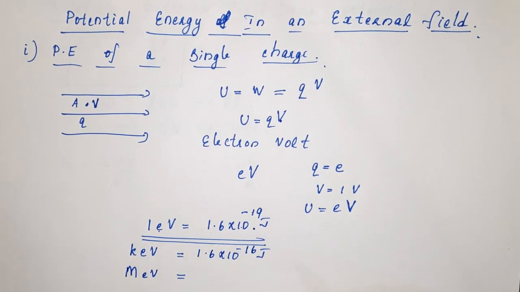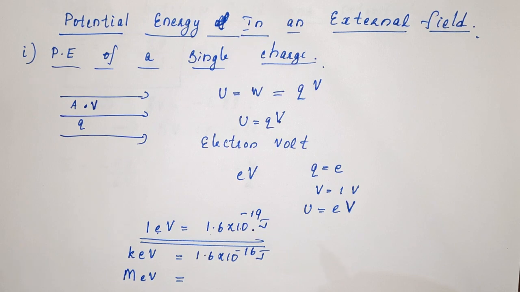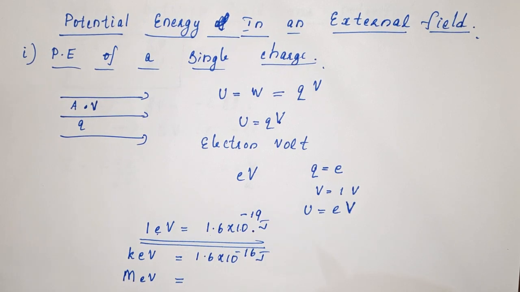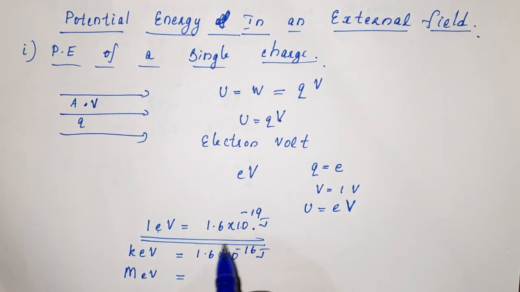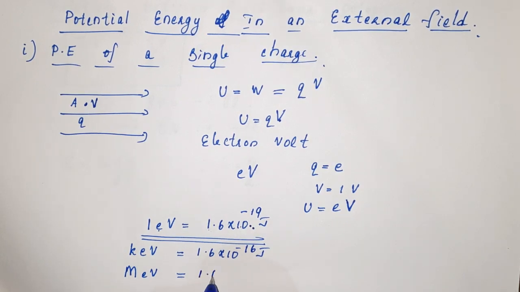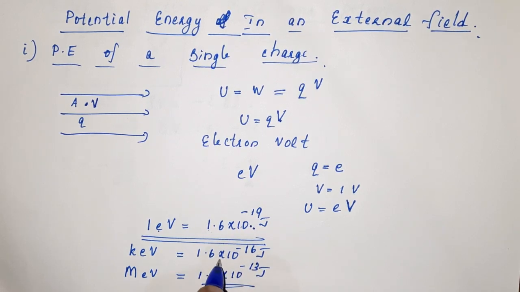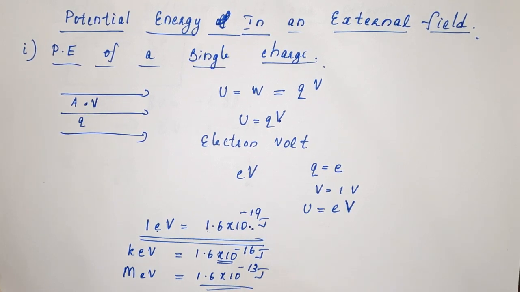Then capital letter MeV. This is called mega electron volt, you can say, but we usually say million electron volt. The actual usage is what? Million. Especially in atomic physics and nuclear physics, we use the word million. So MeV stands for million electron volt. And what will it be? 10^6 into this value. So what will it be? 1.6 × 10^-13 joule. So these are the other units of energy, especially which we use in atomic physics and nuclear physics.